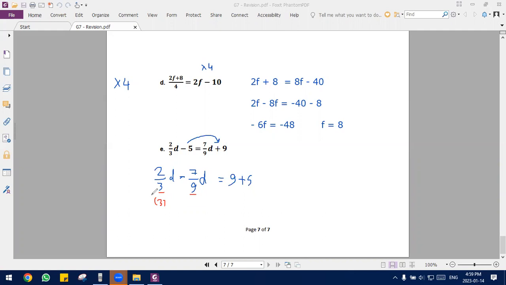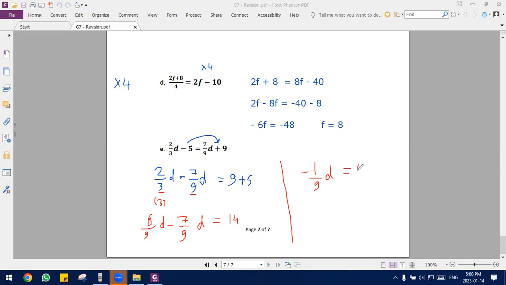When I multiply by 3, 3 times 2 is 6 over 9d, minus 7 over 9d, equal to 9 plus 5, 14. Let me complete here. Now, 6 minus 7 is minus 1 over 9d